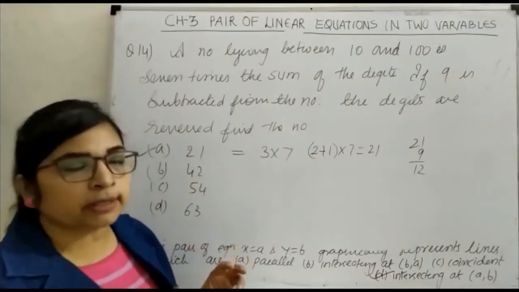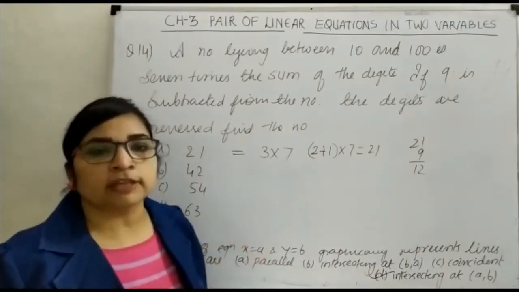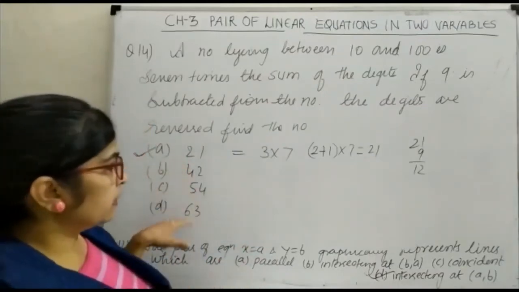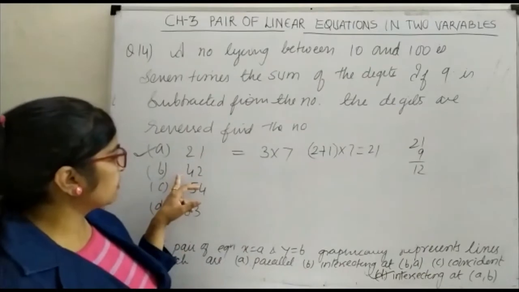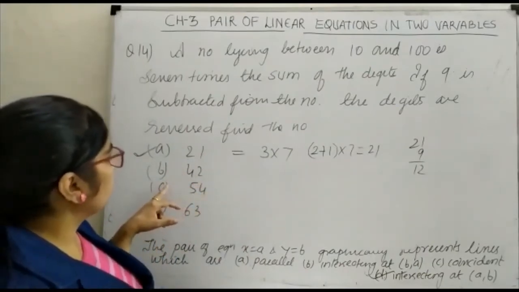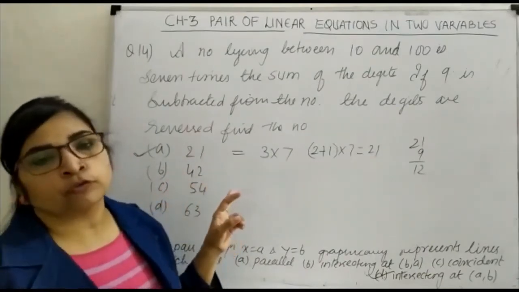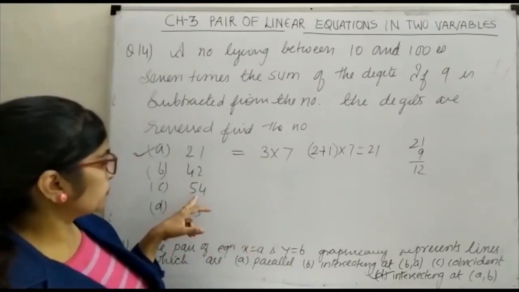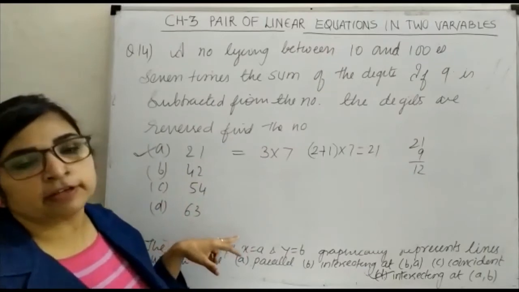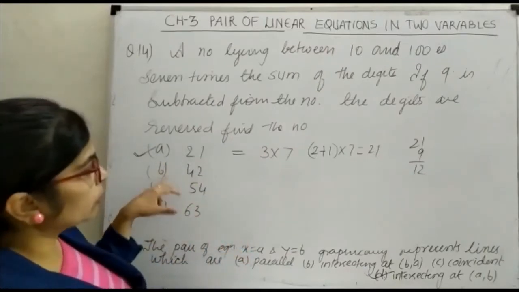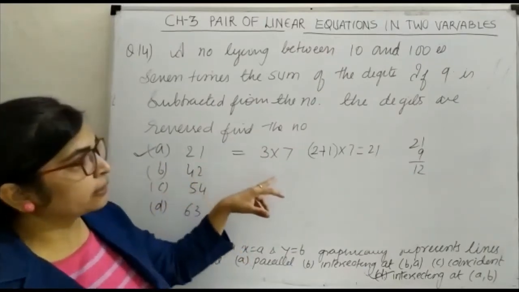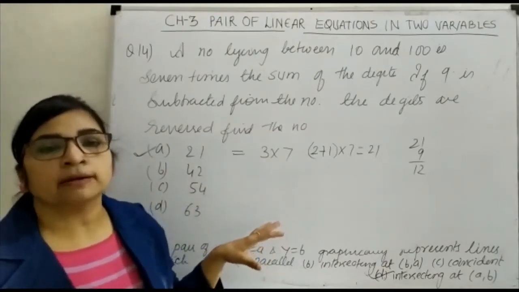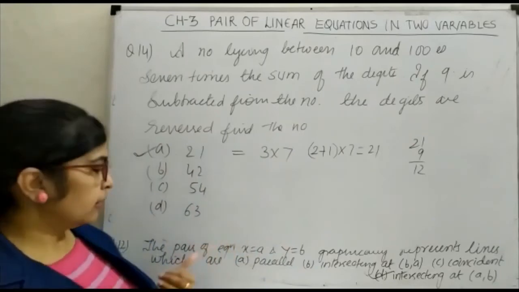But if you start solving it and finding the answer, that will take time. In MCQ, our main criterion should be how we can save time by using simple tricks. So for the rest, 6 into 7 is 42, this is 54, and 54 you can again divide by 7. Then again 63, 7 nines are 63. In this way, all are multiples of 7, but the one condition which is not satisfied in the others is that if 9 is subtracted, then these numbers do not get reversed.